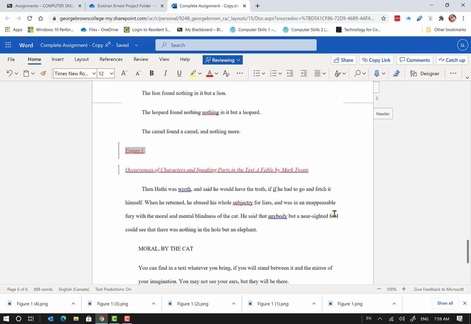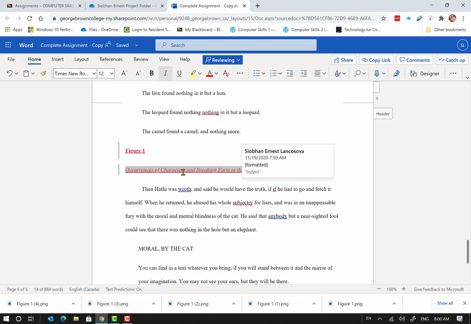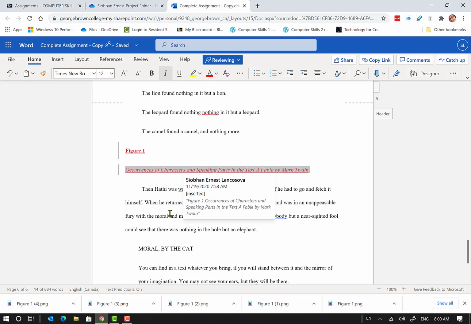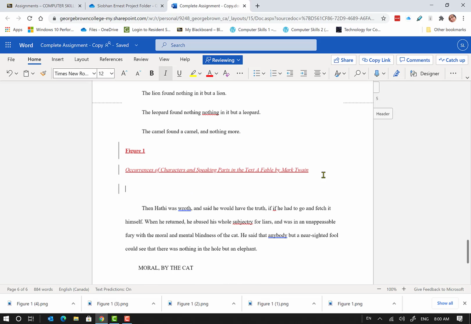Control-B on my keyboard, and I want to make sure that this is italicized. If it isn't already italicized, italicize it, but because you copied and pasted it from above, it should already be italicized. And now I want to insert my picture, so I have to press enter for a new line, and